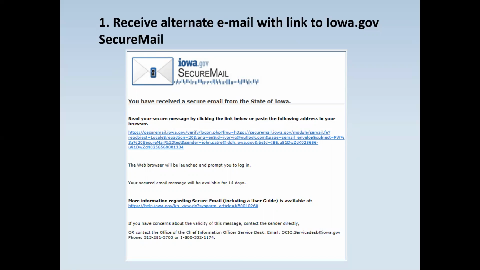At this time, email poses a significant security risk to computers and networks. Clicking on links within email messages is something that IT security personnel discourage us from doing. So we want to show you now what this message looks like. It won't be exactly like this, but it will look very similar. This is an image of what the alternate email message will look like.